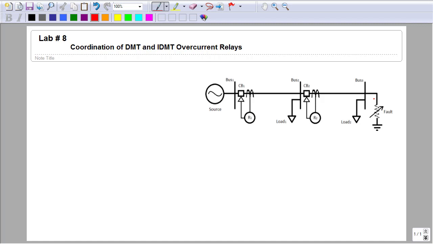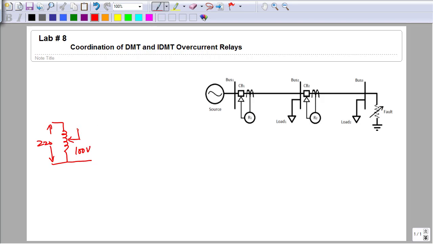Now, how to implement this circuit in the lab? Here I will draw that circuit step by step in front of you so that you can do it easily in the lab. The source will be a variable voltage source, which has a fixed input. 220 volt is the input of this variable voltage source, and at this variable knob we will get the output. This experiment will be performed at 100 volt, so between this variable point we get 100 volt.